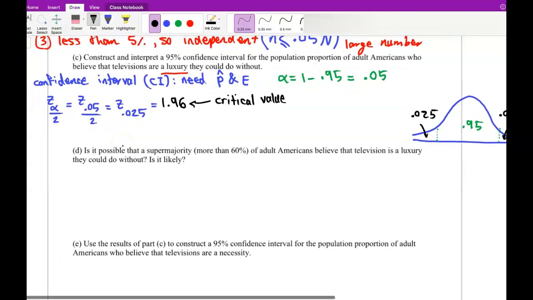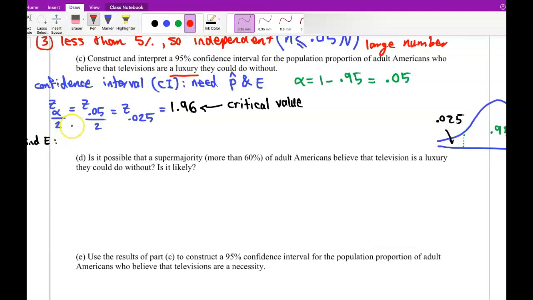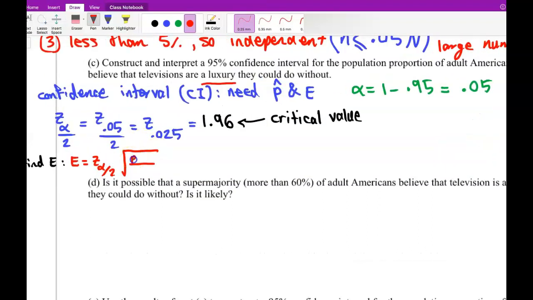So first finding E. So error is equal to Z critical value, so Z alpha divided by 2 times the square root of P hat times Q hat divided by N. So that is equal to, for Z we got 1.96